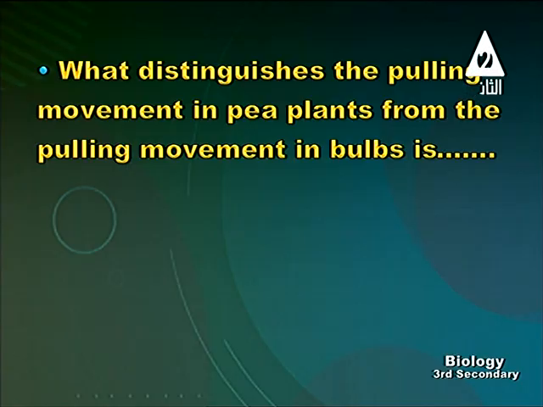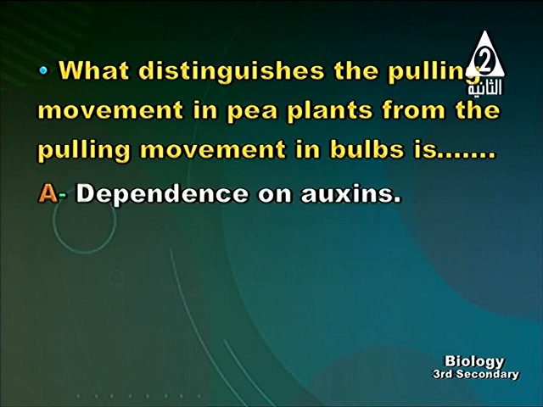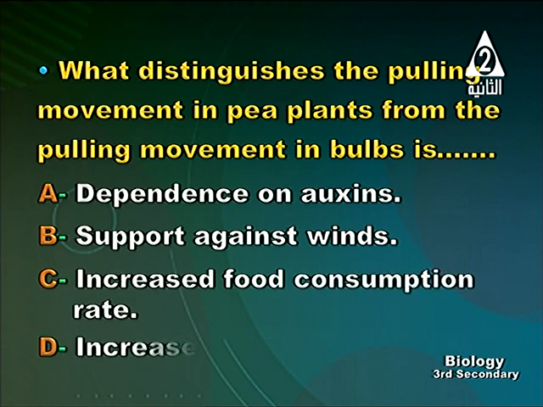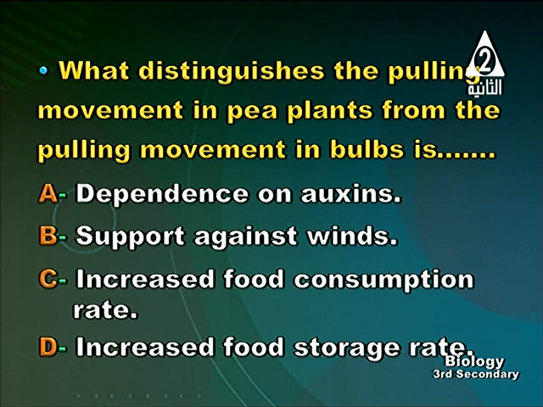What distinguishes the pulling movement in pea plant from the pulling movement in bulbs? Both of them are pulling movement, but pea plant represents the pulling movement in tendril, while bulb represents the pulling roots. Is the answer dependence on auxins, support against winds, increased food consumption rate, or increased food storage rate? Of course, the thing which distinguishes the pulling movement in pea plant from the pulling movement in bulbs is